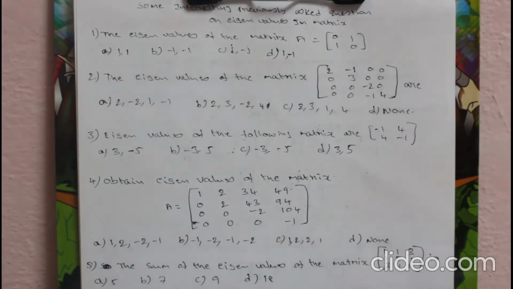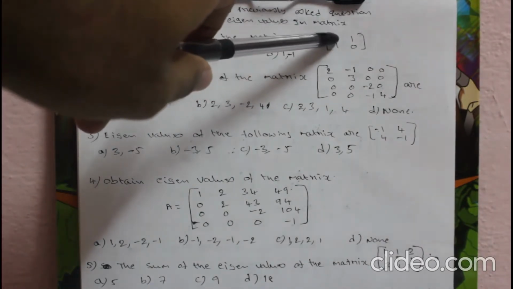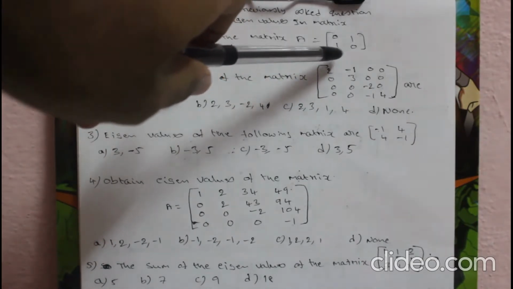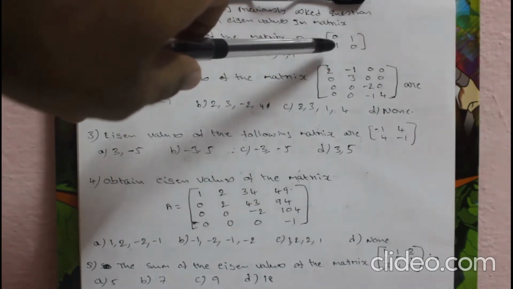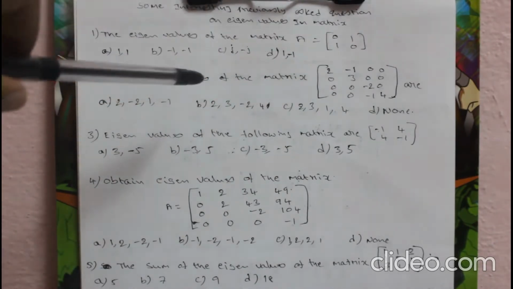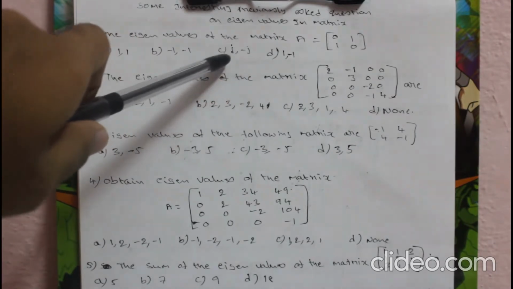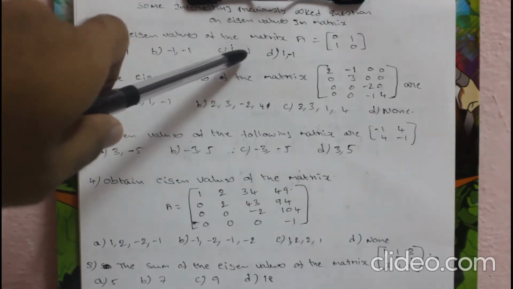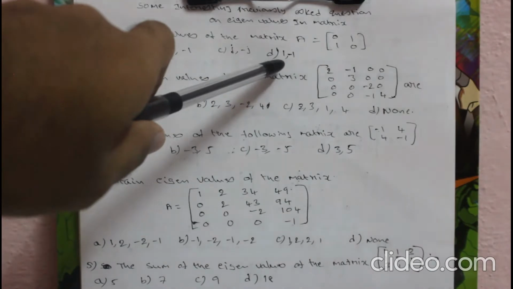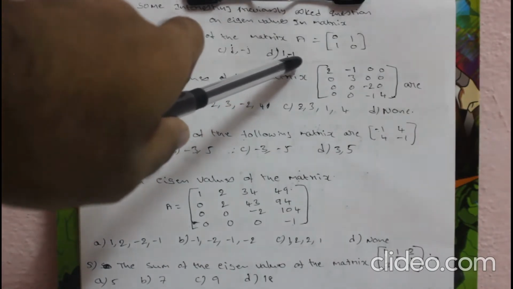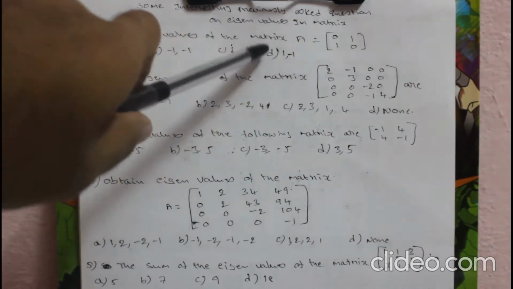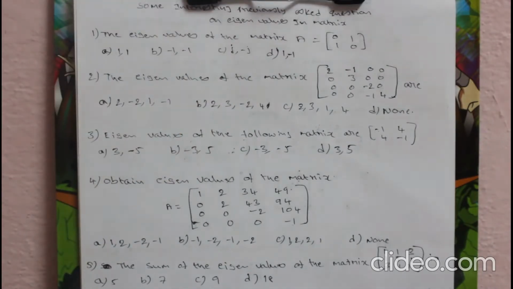Now we have to go for the next point, that is, the product of the eigenvalues is equal to the determinant of the matrix. Look at the matrix. It has the determinant value 0 into 0 minus 1 into 1, that means minus 1. So determinant is equal to minus 1. Look at the options. Product of the eigenvalues, that is j into minus j, that is equal to minus j square. So it is not correct. Look at option D, 1 into minus 1, that is equal to minus 1. So option D is correct. Okay, now look at the next question.